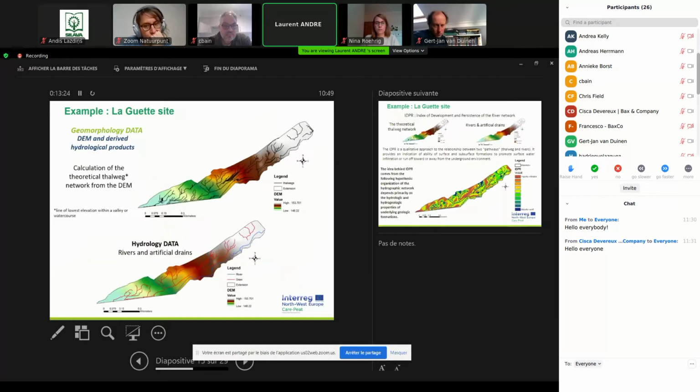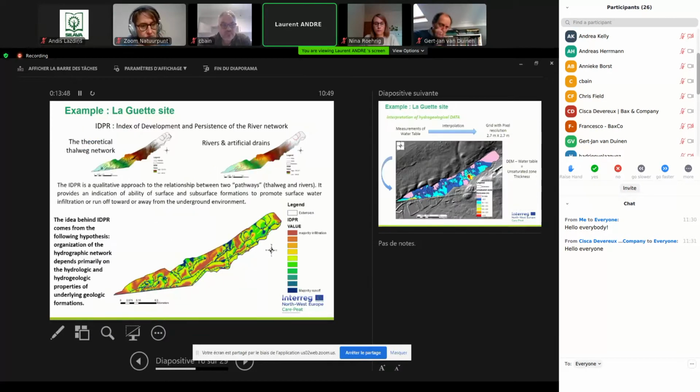of the peatland. And also determine and calculate the theoretical Talweg network. So it is from the digital elevation model. So we can reproduce also the rivers and artificial drains. We can reproduce the hydraulic condition of the site. So all of this is on the Laget site that I show you as the example,